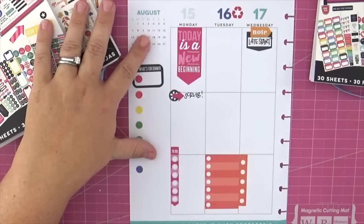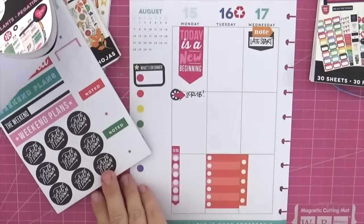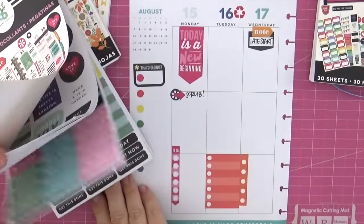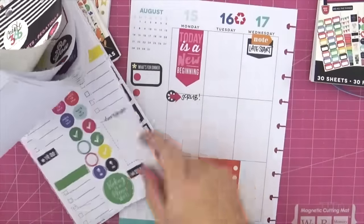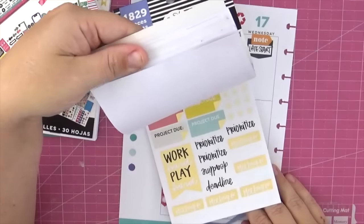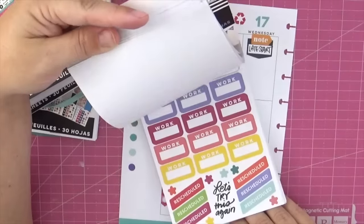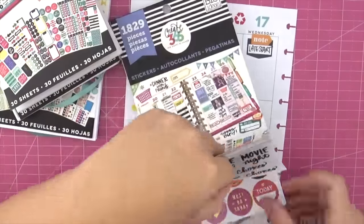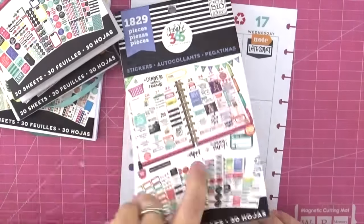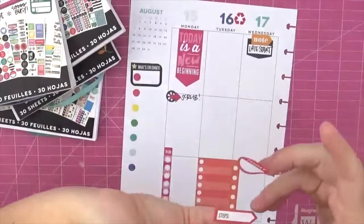Now on Wednesday morning, it is a late start day, which is every Wednesday during the school year. If you've ever watched any of my videos before, you would know that. And so again, kind of like what I did with the dinner in the sidebar, I took a black and white sticker, and then with the text on the top, I covered it up with an orange sticker that says note. So the orange ties it back into that orange is the color of the day, but then the black and white sticker below provides not only a little bit of layering, but also just a little bit more something special,